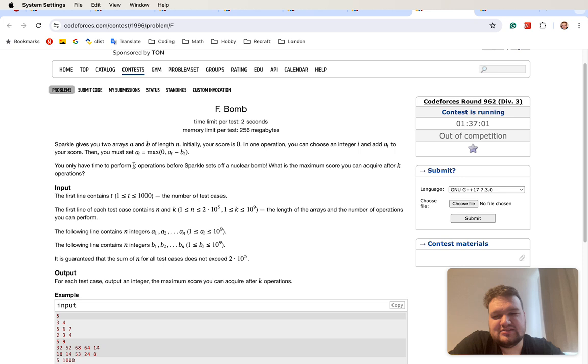Okay, so if k was smaller, one way to solve this problem would be to just greedily choose the largest a_i every time and use it. Why is that? Well, because if we don't use the biggest a_i at some point, and we never use it afterwards,